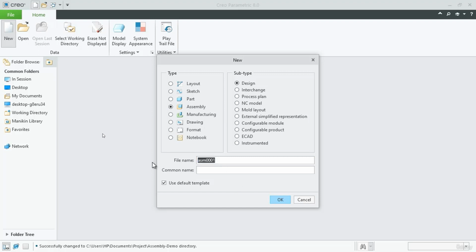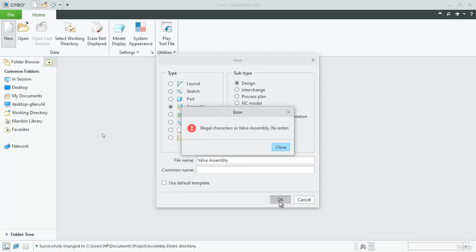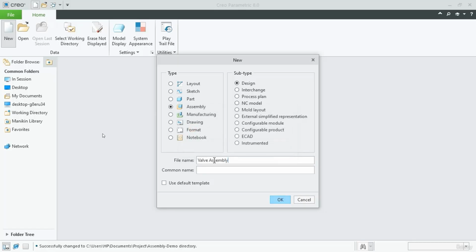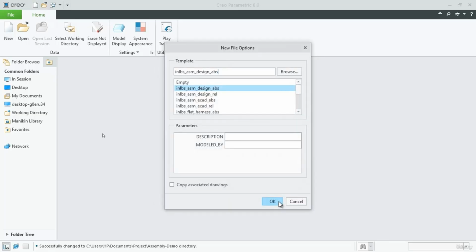We can give the assembly name. We can name this as valve assembly. Now here uncheck this use default template. Click on OK. Here during naming you have to avoid this space. Instead you can insert a character, maybe a hyphen or an underscore. Now click on OK,